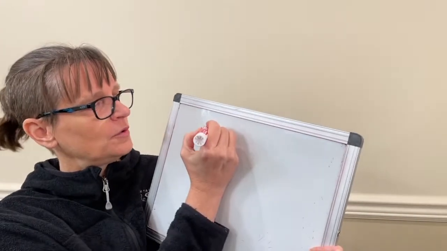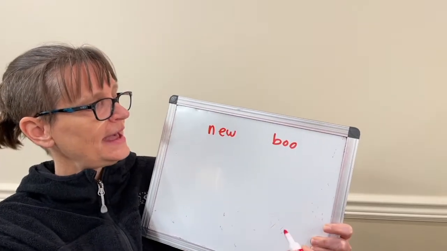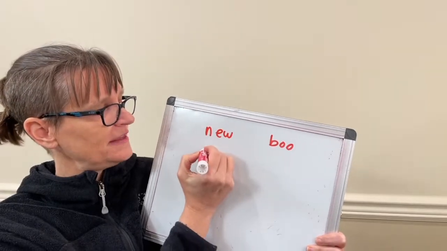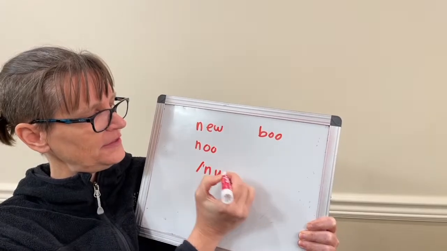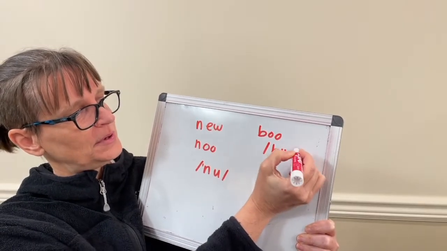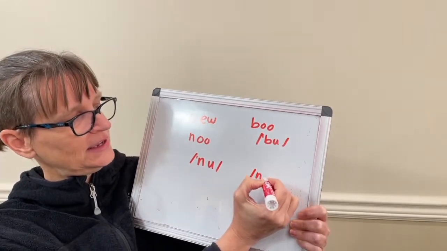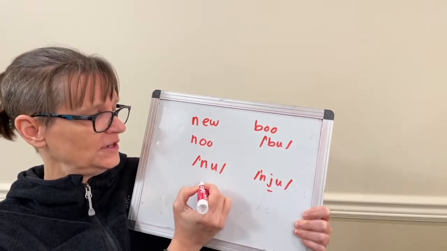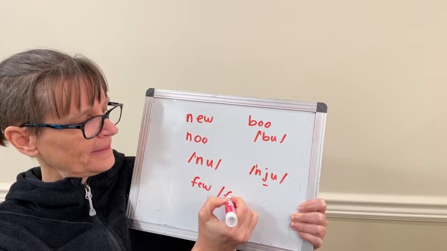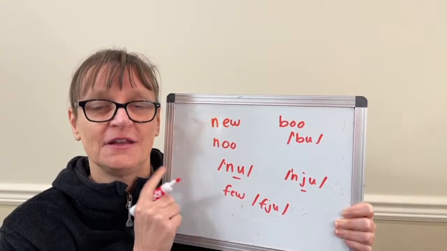Okay. We have a question about whether or not the word new has the same vowel as the word boo, and it does. In American English, we say new with the same sound. It's just the n sound and the u sound, just like boo is the b sound and the u sound. In British English, they may say new, so they have a gliding y sound in there like we do in the word few. But in American English, when the u is after an n, we typically